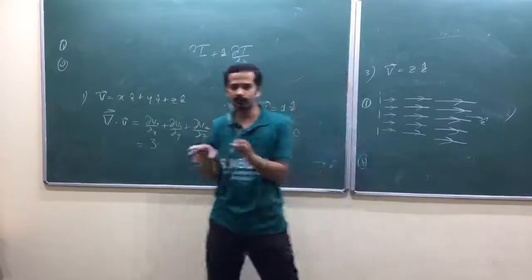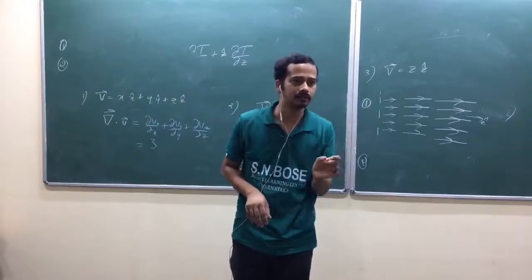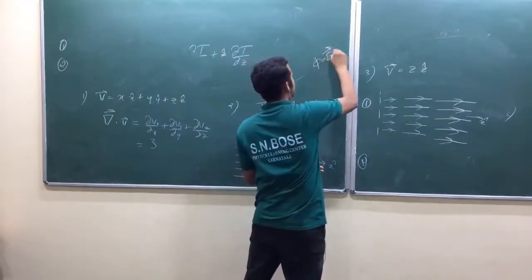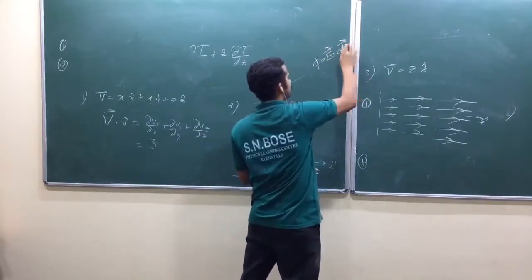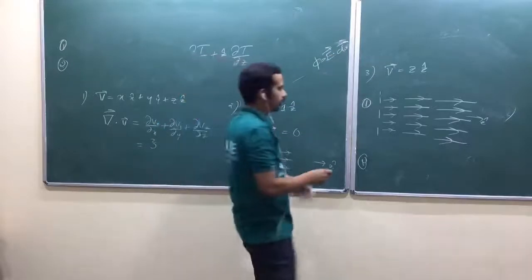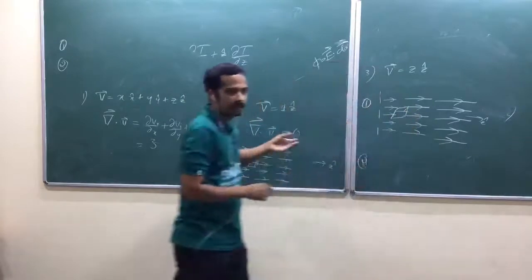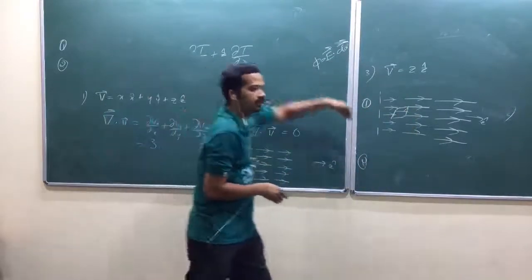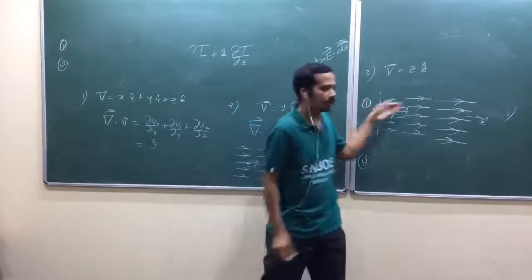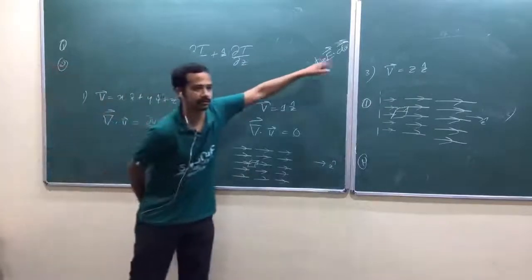Actually, in your flux you have E dot dA. Remember, magnitude of E also does matter for the flux. Then how did you define flux of electric field? E dot dA, that depends on the magnitude also, don't forget. If you take one infinitely small volume, field lines piercing into it have very less magnitude, and field lines going outwards have more magnitude, then there will be net outward flux according to this equation.